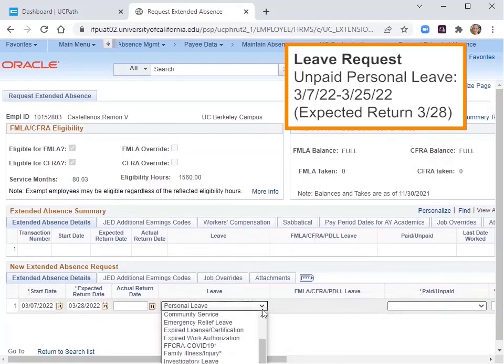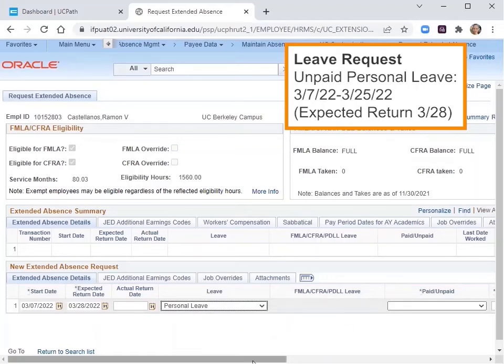The leave types that include the asterisks may be FML eligible and therefore also require the consideration of whether or not the FMLA CFRA PDLL leave field should be completed per federal or state law. Accurate entry of these fields is important because they may affect the employee's pay, sick accrual, vacation accrual, FMLA CFRA PDL balances, and so on.